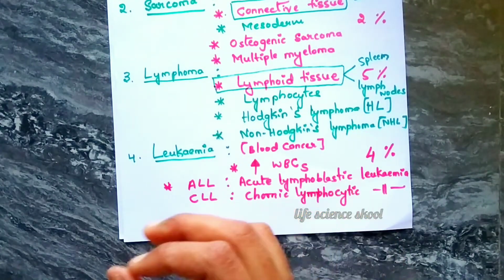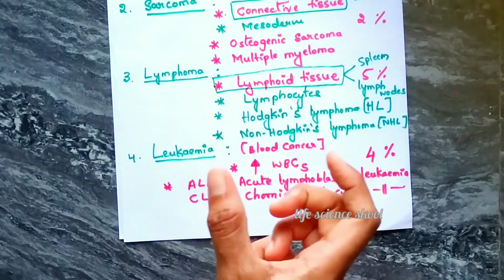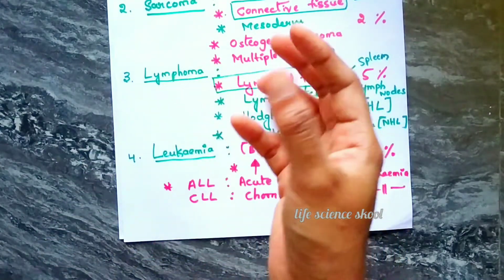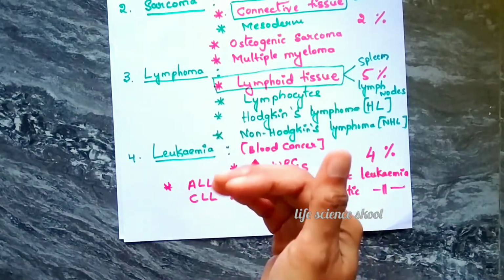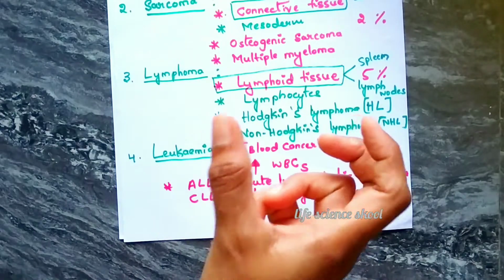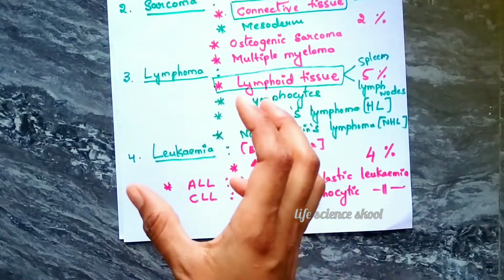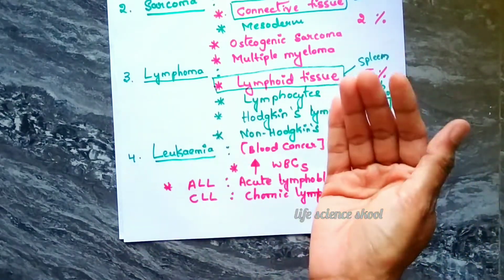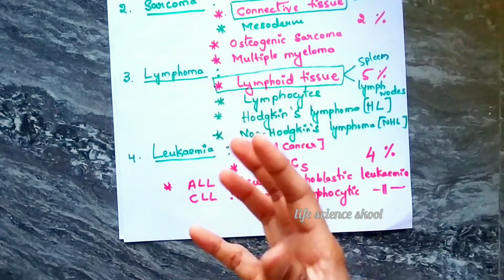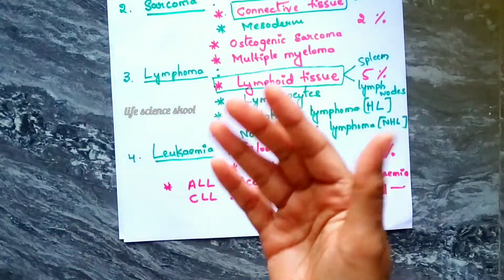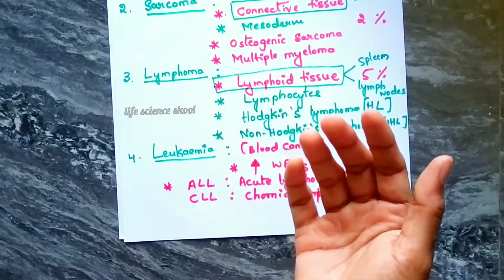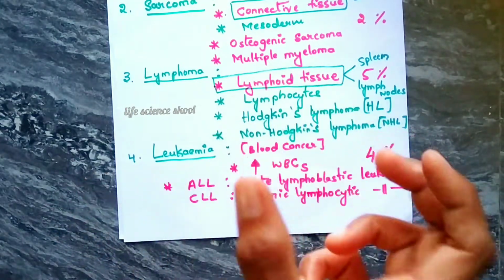So what is the function of these hematopoietic cells? Actually these give rise to different kinds of blood cells. But in people who have leukemia cancer, these normal hematopoietic cells are replaced by cancer cells. That's why they can't give rise to different kinds of blood cells. So what happens? Only one type of blood cells is going to form in an excess form. Okay, so actually it affects the B lymphocytes.